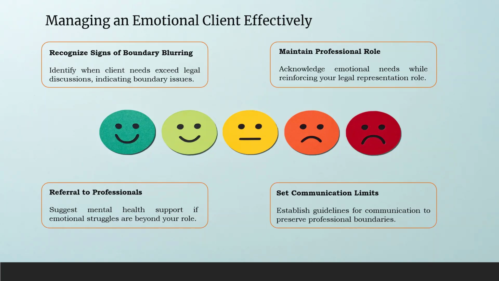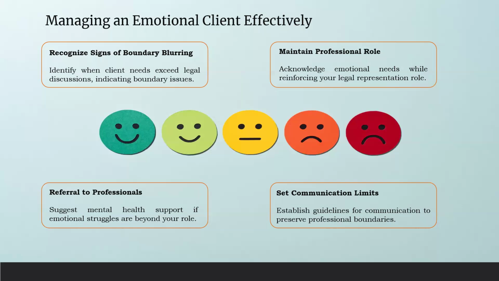First, acknowledge the client's emotional needs, but explain that your role is to provide legal assistance, not emotional support. You can refer them to a mental health professional if necessary. Set firm boundaries on communication. Avoid responding to after-hours messages that aren't related to their case, and gently remind them of the boundaries you established at the beginning.